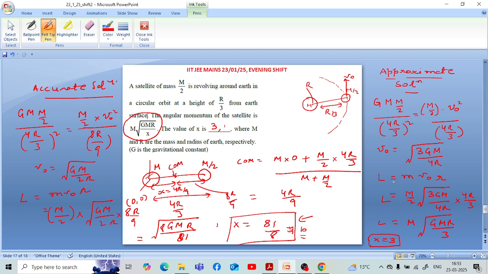अब हमें यहाँ पे निकालना है एंगुलर मोमेंटम। एंगुलर मोमेंटम के लिए फॉर्मूला होता है mv₀r। यहाँ पे m लिया जाएगा सैटेलाइट का क्योंकि एंगुलर मोमेंटम हमें सैटेलाइट का निकालना है। तो यहाँ से इसे सॉल्व करके v₀ की वैल्यू पुट करके, r की जगह जो डिस्टेंस है दोनों के सेंटर्स के बीच में वो वैल्यू पुट करके, जो वैल्यू निकल के आती है L की, वो निकल के आती है m²√(GMr/3)। कंपेयर करेंगे इससे अगर हम जो गिवन वैल्यू है तो x की वैल्यू यहाँ पे हमारी 3 निकल के आती है। ये एनटीए द्वारा दिया गया सॉल्यूशन है।